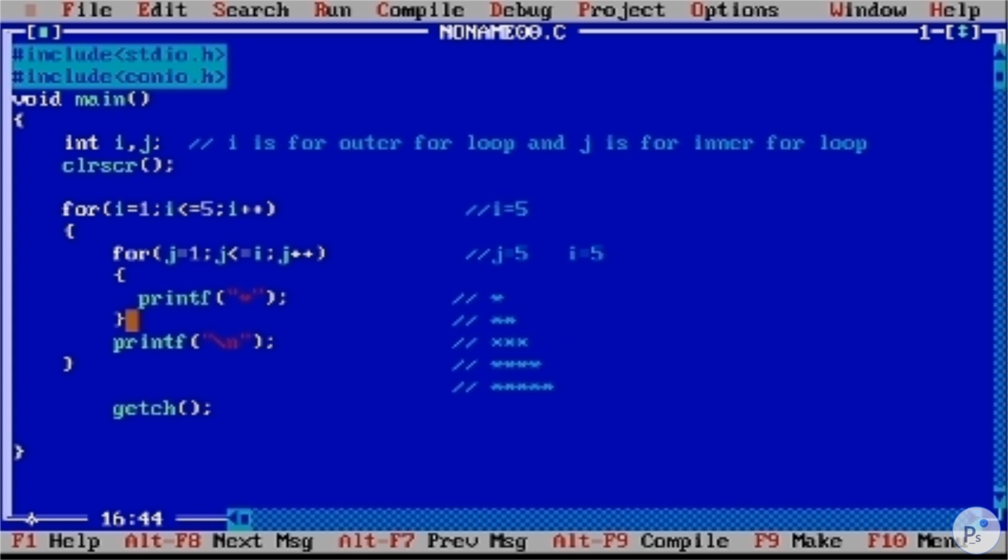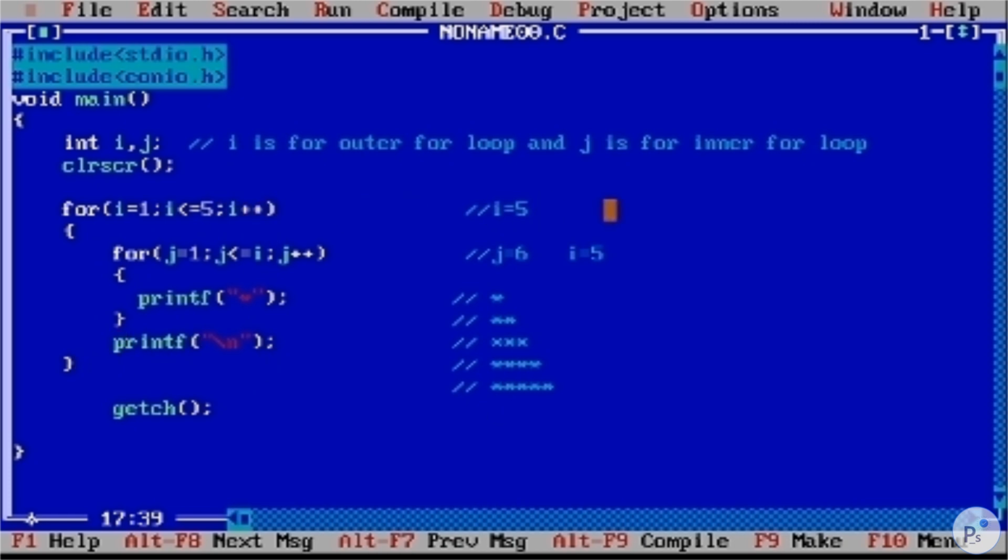So let's see how it will terminate the program. We'll go up to here and increment the value of j. Now the value of j is 6. So is 6 less than or equal to 5? The condition is false because 6 is greater than 5. So it will come up here and go to the new line, so our cursor will be here. We don't need to print any other statements because we are done. So we'll print the new line and it will come up here.